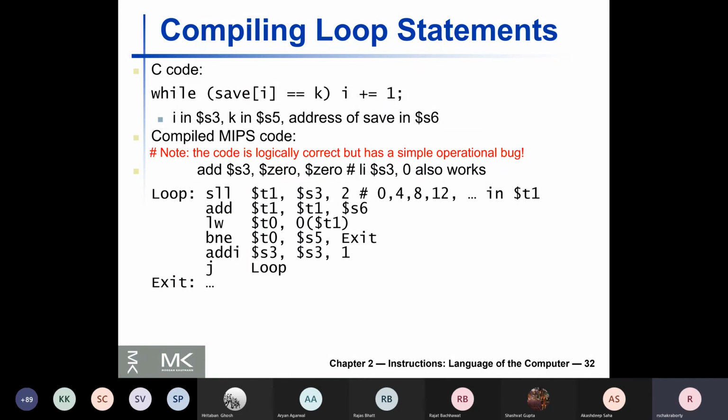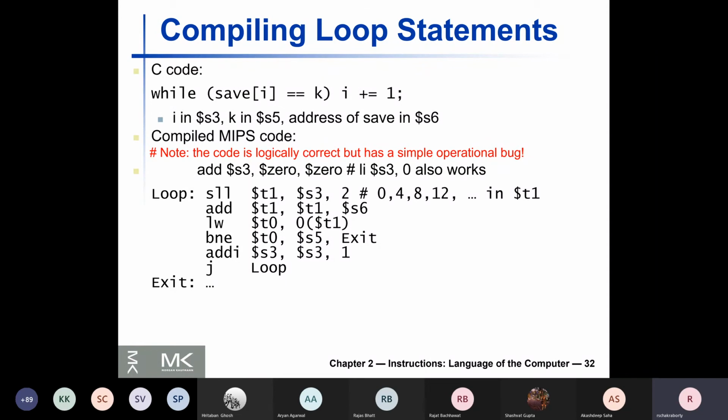Now next time S3 is 1, multiply it by 4 by shifting it 2 positions to the left. So now your offset becomes 4 and then you add that offset to the base address S6 to obtain the final address, the exact address from which you should get it.